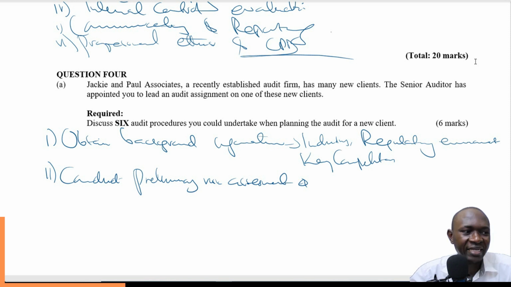So you check on the company accounts, look at the transactions, look at if we have possible material misstatements, if we have contingencies. These are possible risky areas. So just conduct a preliminary risk assessment, and basically to familiarize yourself and also to be aware of what is awaiting you